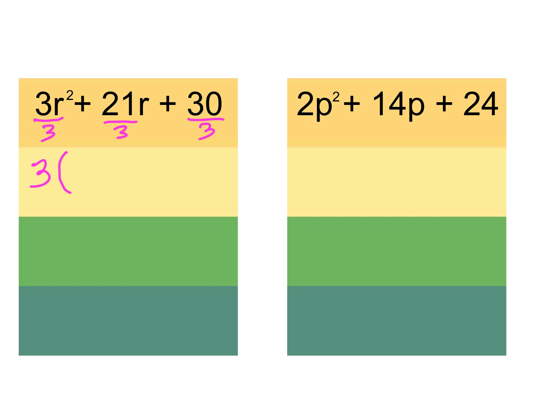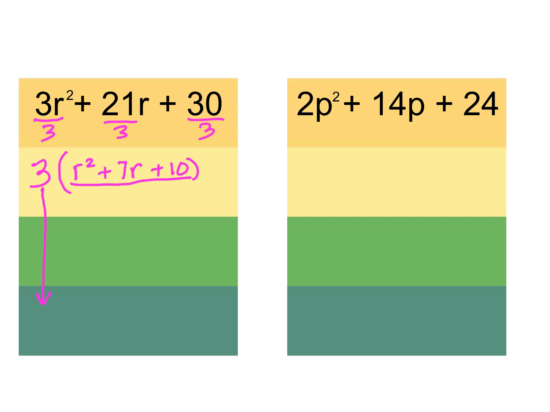So when I divide the first term by 3, I get r squared. When I divide the second term by 3, I get 7r. And when I divide the last term by 3, I get 10. Now, this 3 on the outside, I'm going to ignore it for a while. I'm going to bring it back at the end. But now I'm just going to look at this trinomial, and I'm going to factor that trinomial just like we